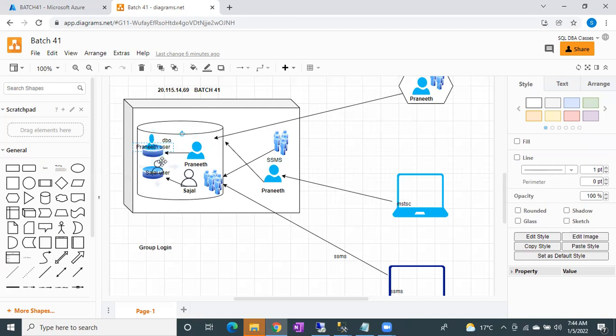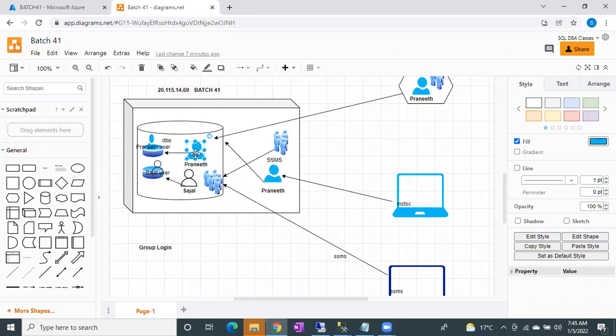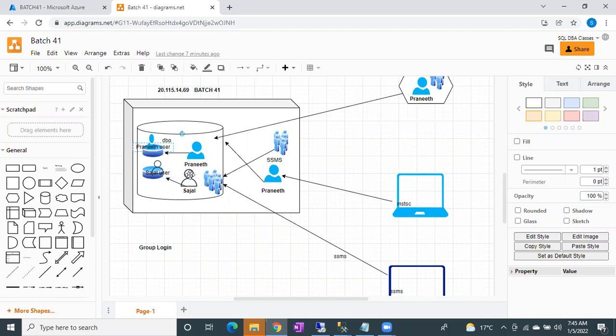So any user without a parent, what can we call it? Forget about the SQL Server concept. A child without a parent, what is it called? We usually call it an orphan. Remember this word, orphans. Later we are going to discuss orphans. For example, in what case will orphan users be generated? If anyone deletes this Pranit login, this Pranit user will become an orphan user. If anyone deletes this Sajal login, the Sajal user will be an orphan user.